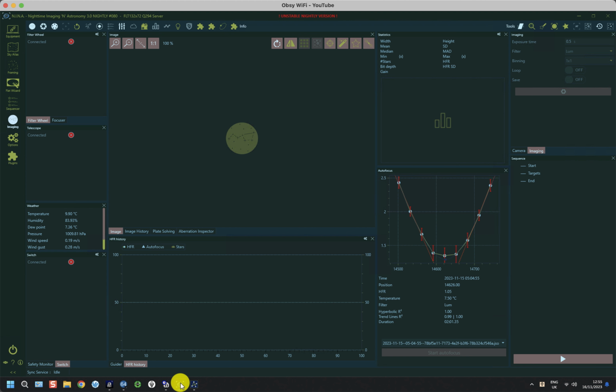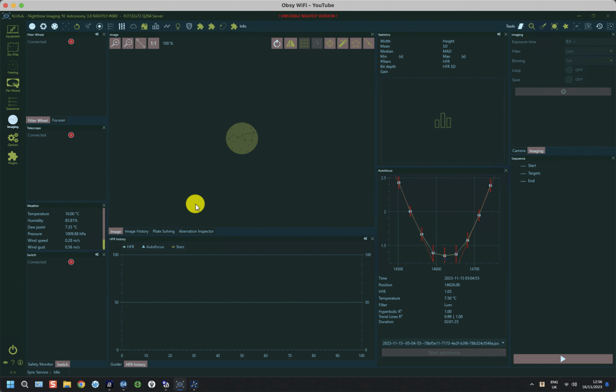So Nina's been loaded, and this particular equipment profile that is associated with Nina is what I'm going to call the server, and this is just like you do with a single camera setup. It's connected to the telescope, it's connected to your roof system, it's connected to the focuser, and it's connected to the guider. And the beautiful thing about the plugin in its latest incarnation is that for the server, the main controlling equipment profile, you need to do very little to your existing sequences for them to run a dual camera